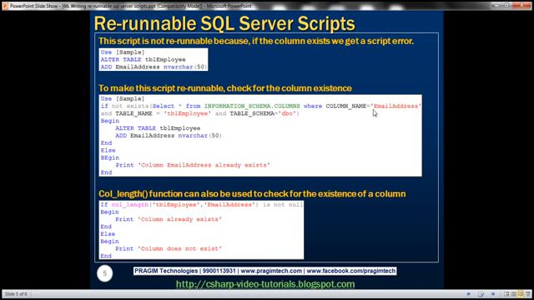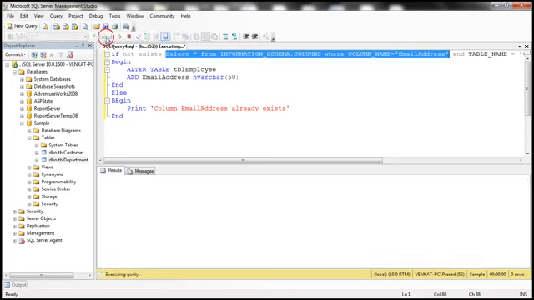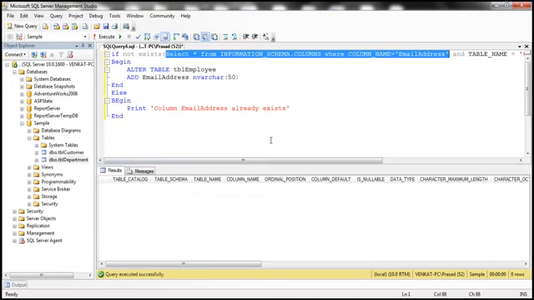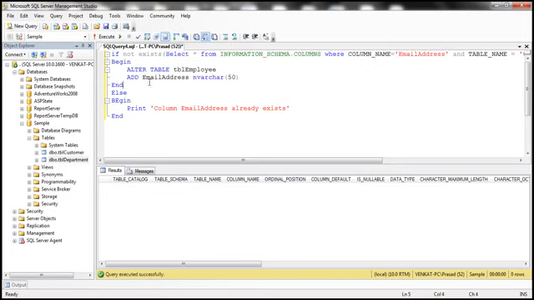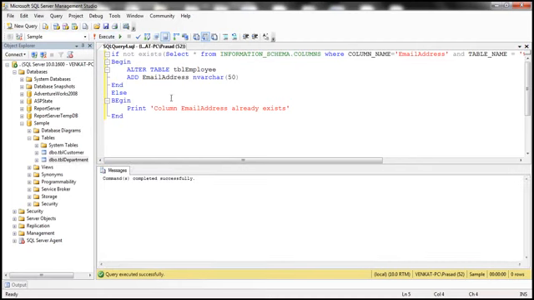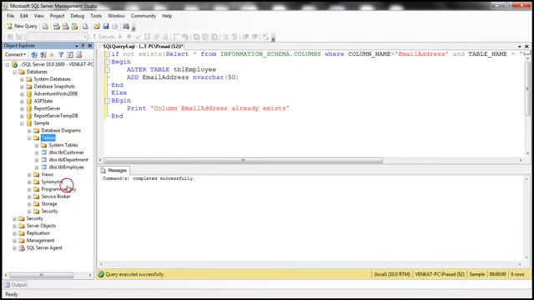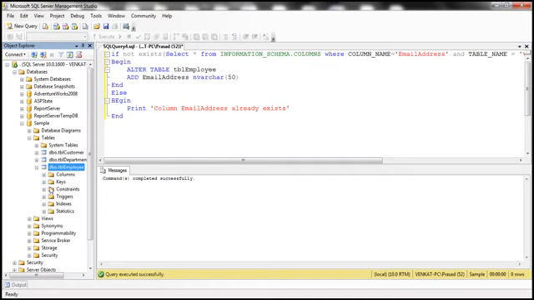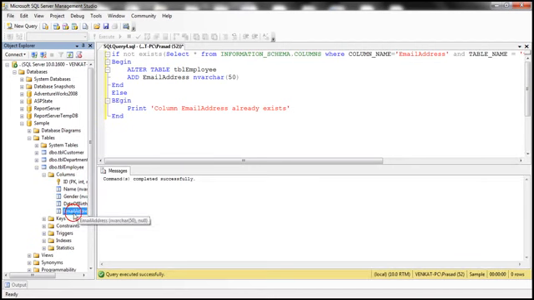So when I execute this, select star from INFORMATION_SCHEMA.COLUMNS, where column name is equal to email address. So when we execute this, we didn't get anything. Why? Because we don't have that column there. So let me actually execute this query. It's going to add that column to our table TBL employee. So if we expand that, we should have email address column right there. So now when we execute this,